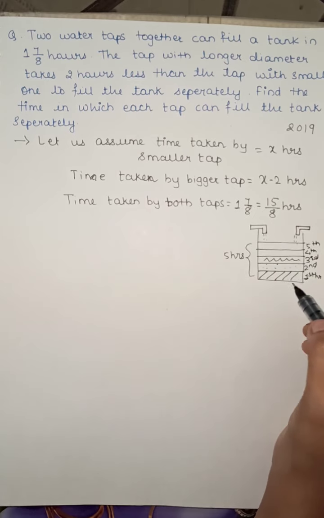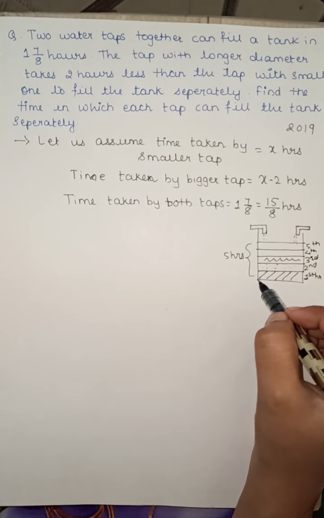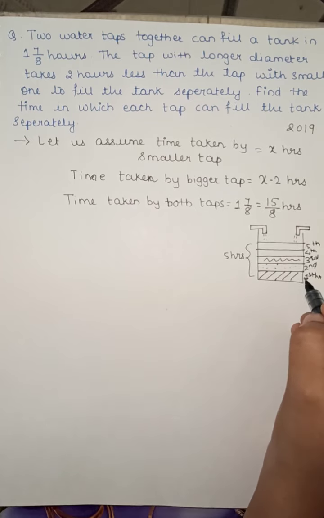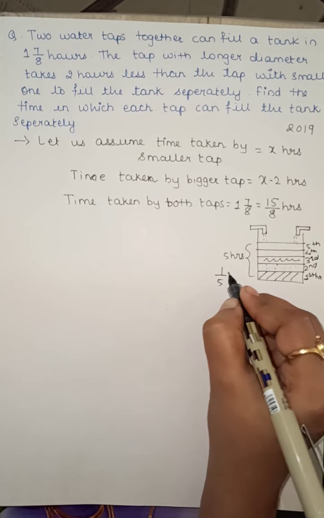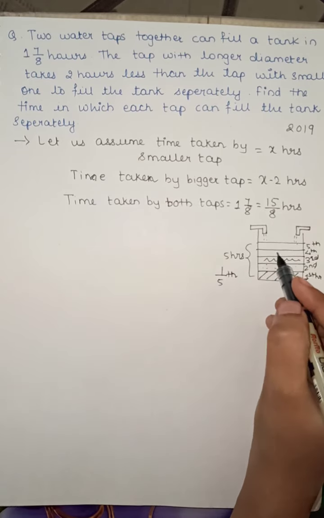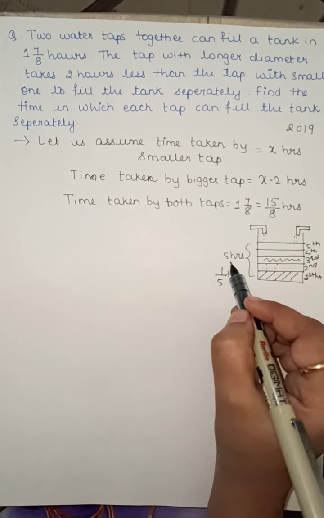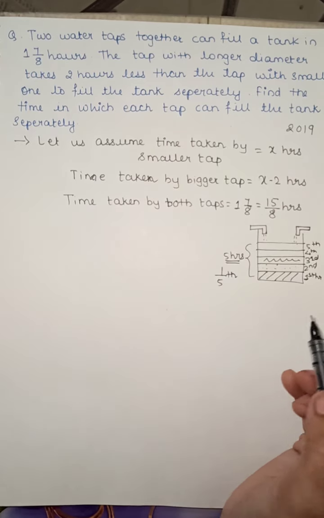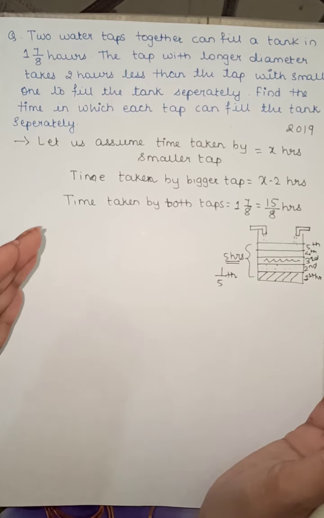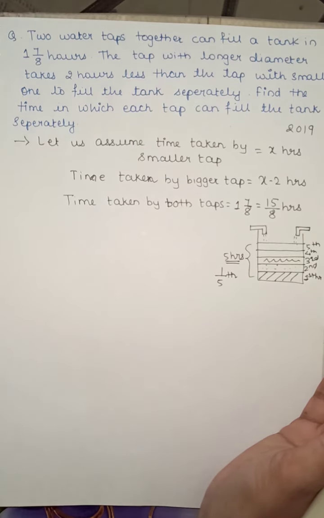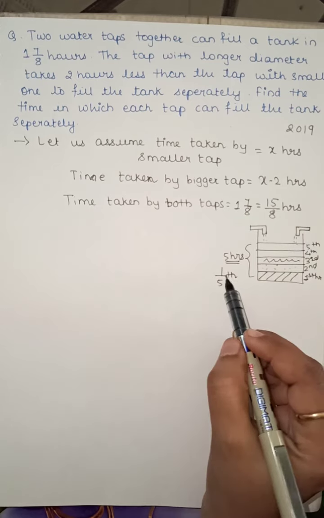So if I have to find what part is being filled in 1 hour, for this complete tank it is 5 hours, so this part is taken as 1 by 5th. But why 1 by 5th? Because I have divided it into 5 equal parts. Now why 5 equal parts? Because the time taken was 5 hours. So in each hour it will definitely be filling the same part. Is it that in the first hour it will be filling more part of the tank and in the second hour it will be filling less part of the tank? No, for each hour it will be filling the same volume of the tank, isn't it? So if I have to find what part of the tank is filled in 1 hour, it will be 1 by 5th.